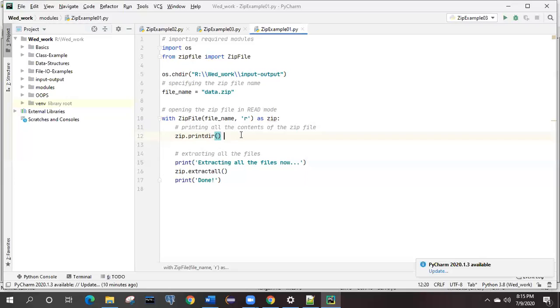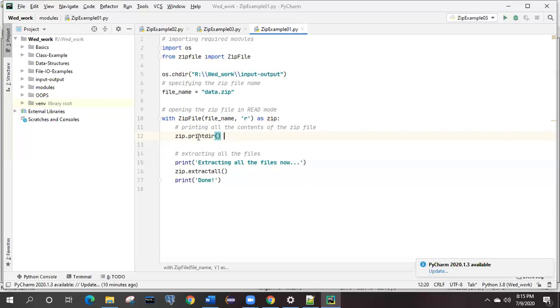There is a possibility also that you don't want to extract, you want to only see the content, right? Most of the times we are doing like that, right? If we are searching any file in the zip format, first we will open it without extracting and we'll see whether the file is present. If it is present, then we will extract it, otherwise we will forget.